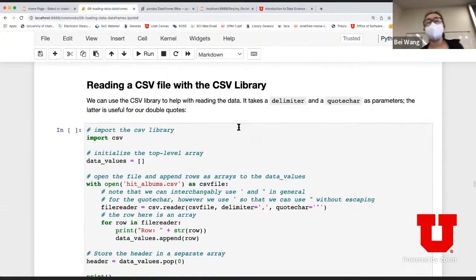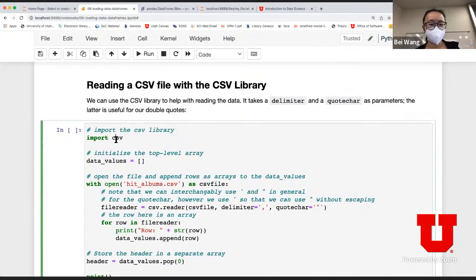So you can read and write, but Python provides a specific CSV library. So you just say import csv. It contains some operations for CSV files. Again, you can initialize a data array which stores the values. Once you import the csv library, you can open a file as a CSV file, and then you can do csv.reader.